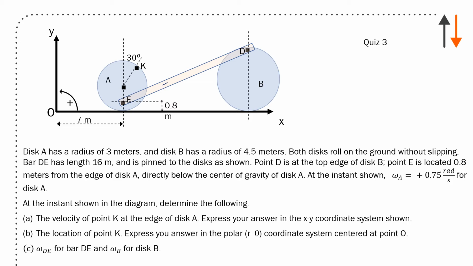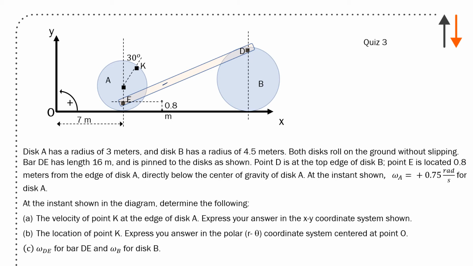Directly below the center of gravity of A at the instant shown, omega is equal to 0.75 rad/s for disk A. Find the velocity at point K at the edge of disk A. Express your answers in the xy coordinate. Find the location of point K, express your answer in r theta coordinates, and find omega DE for bar DE and